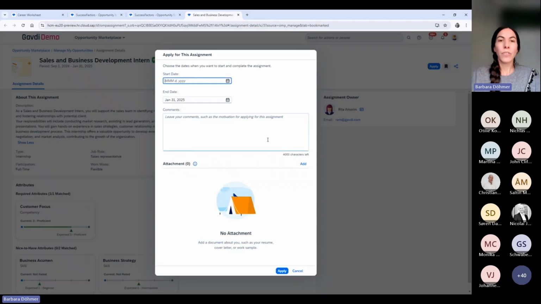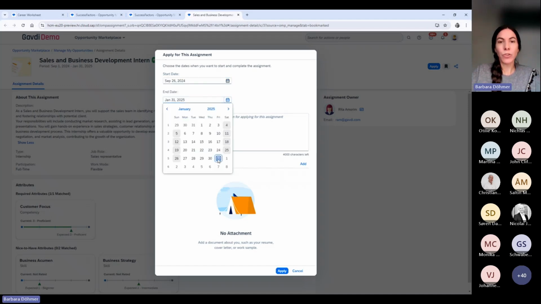So this is basically practical experience for people to develop their skills within the company, with more hands-on or practical assignments. And as I said, assignments are usually short-term.